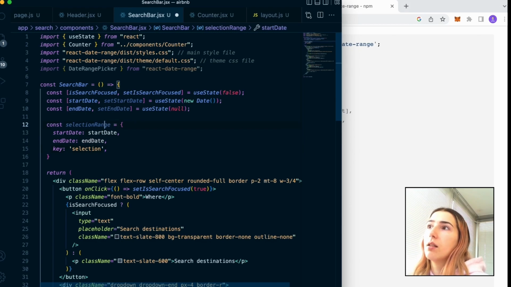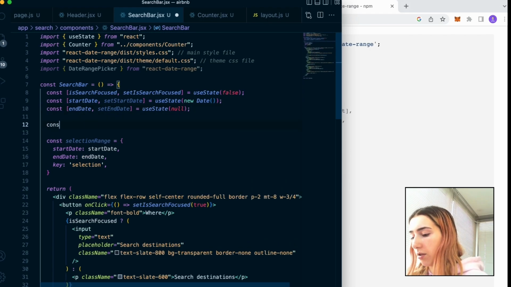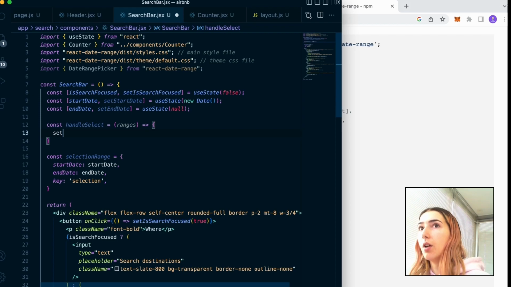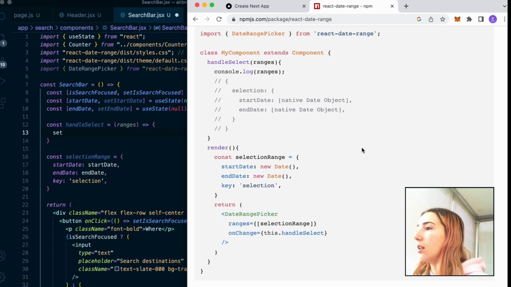So key, let's leave that as selection, and let's write a handle select function. So constant handle select that equals to